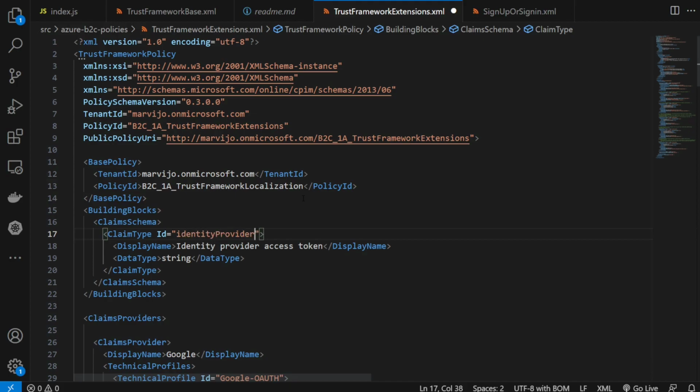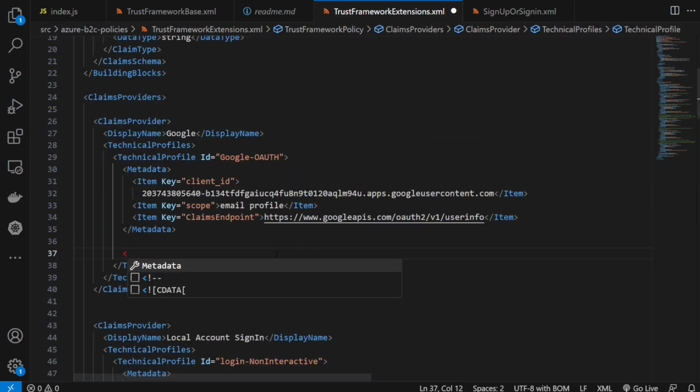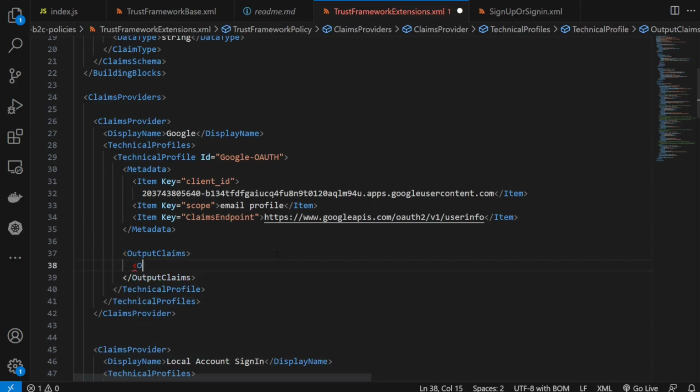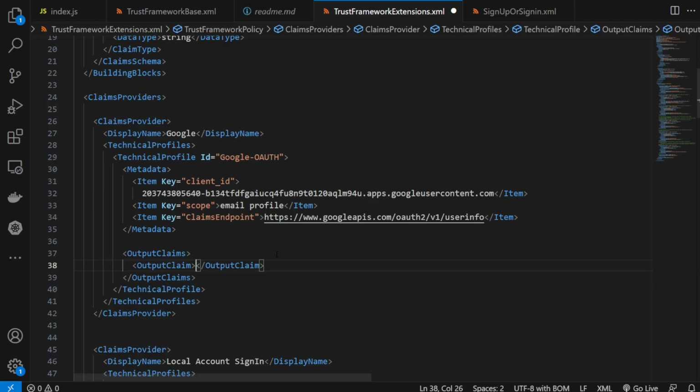Identity provider access token. Sounds logical. Okay, output claims. And then we're going to create an output claim, which is just a value that our identity provider gives to our claims bag, which will return in our Azure B2C access token, which is a consolidation of all the variables from B2C, our own application, and any external identity